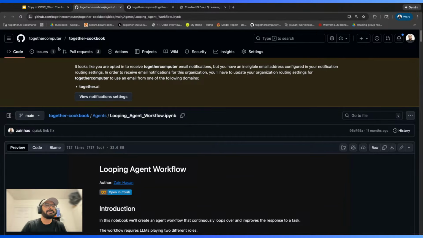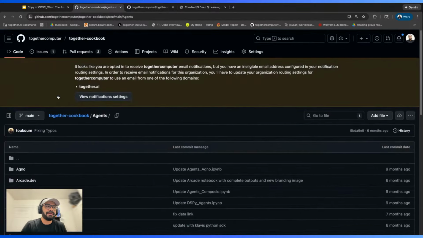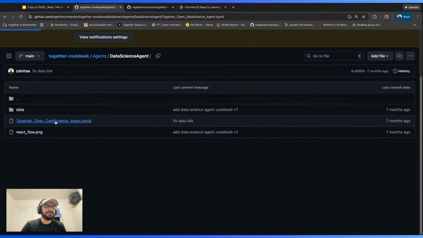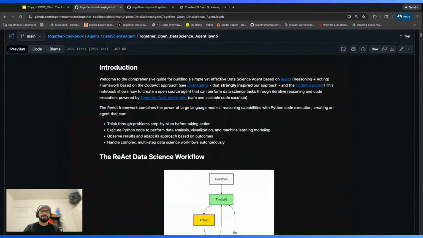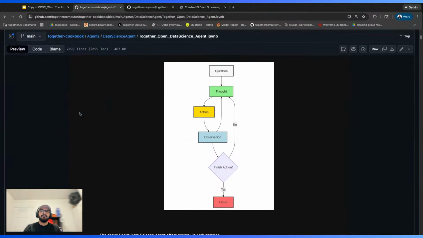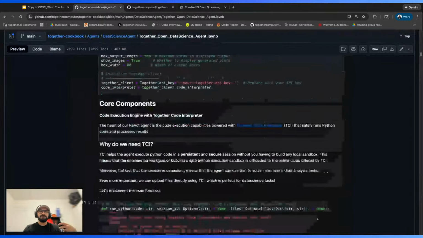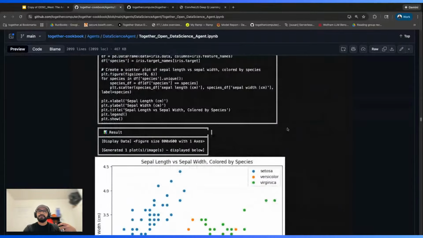So in this case, if we go to Together Cookbooks, and go into the agents repo, and into the data science agent, we actually build out this Together data science agent end to end, where we talk about how you can give it complex data science questions, and it can go about performing these, right? So if you go through this one by one, at the end, you'll actually be able to have an